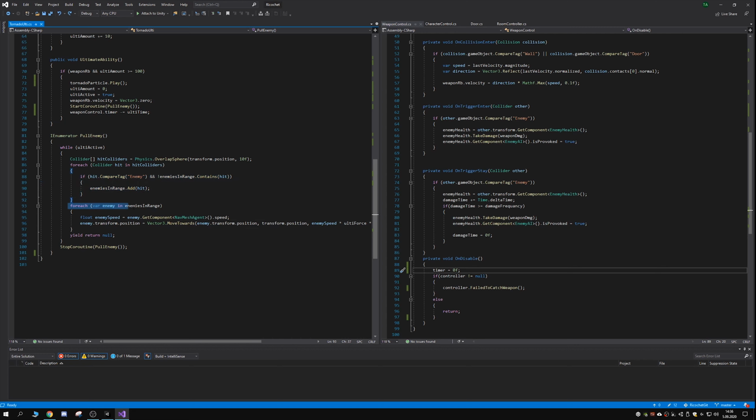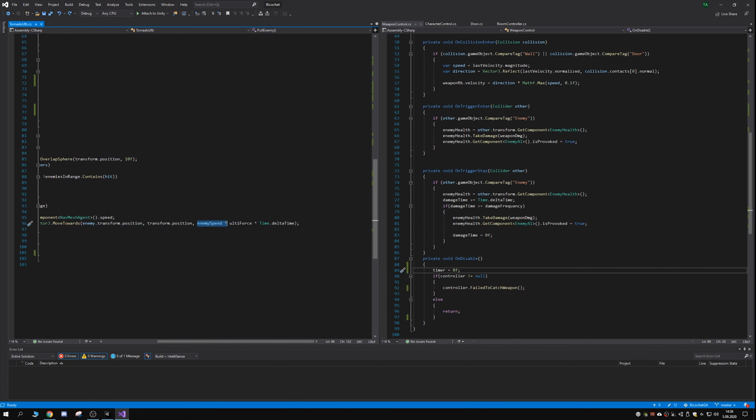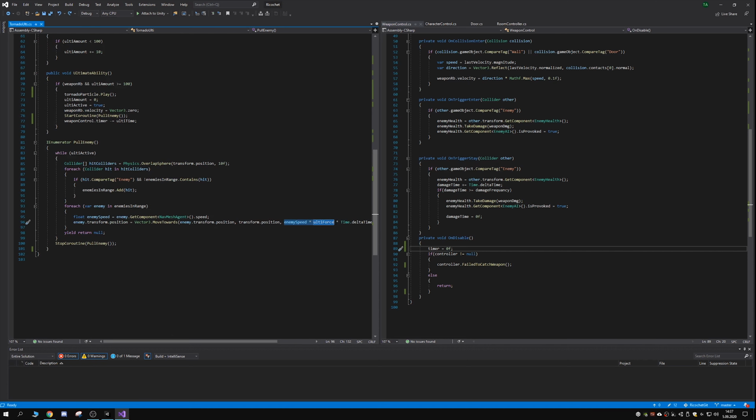And after that, for each enemy that we found that we added into the list, we get those enemies' nav mesh agent speed, and we use a Vector3.MoveTowards from the enemy's position to the weapon's position with the speed of the enemy times the ulti force that we set, and we of course use Time.deltaTime to fix the frame rate issues. And after the while loop ends, we immediately stop the coroutine so it doesn't just repeat the ulti over and